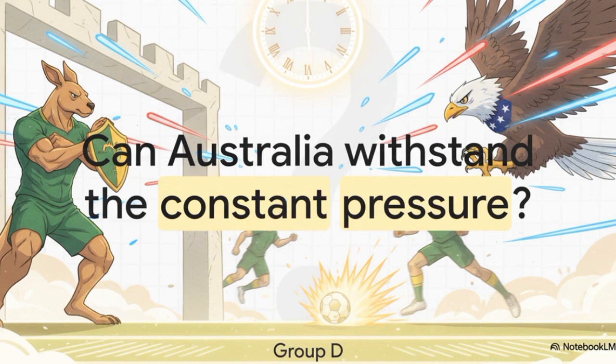And this brilliantly illustrates the dynamic of the match. It's essentially an unstoppable force meeting an immovable object, just a pure battle of conflicting styles. Which brings us to the ultimate tactical question of the night. Can Australia's defense genuinely withstand the relentless, constant pressure that this fast American attack is going to throw at them? Or will the Socceroos absorb that energy, break out, and once again completely shock the football world? That single question right there is what will decide the fate of Group D.